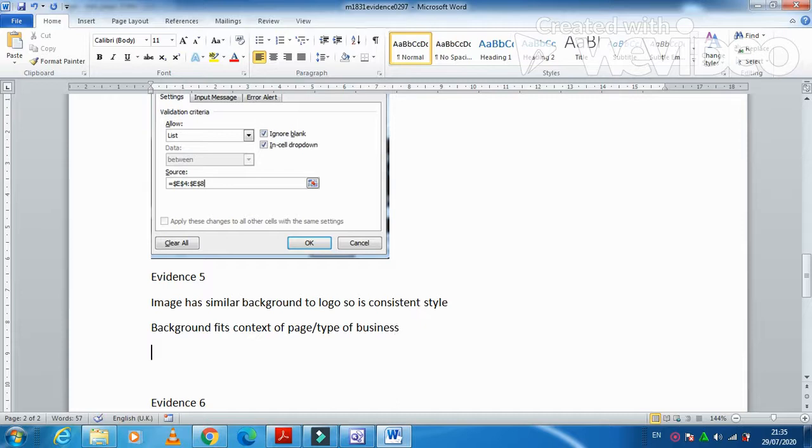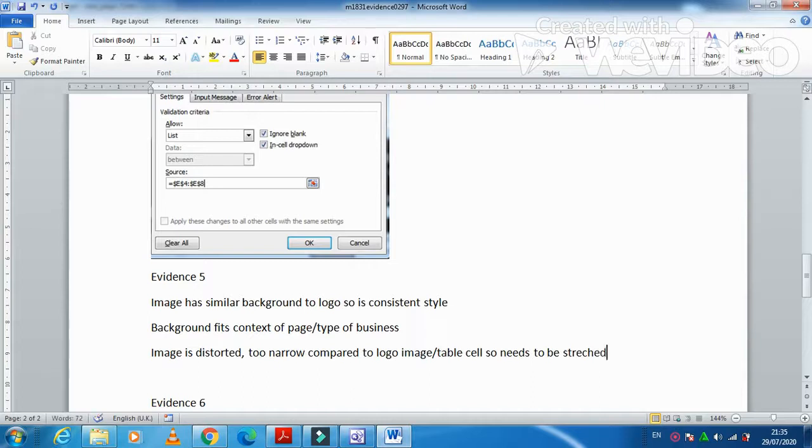You can also say that the image is distorted, too narrow compared to the logo, so the image table cell needs to be stretched.